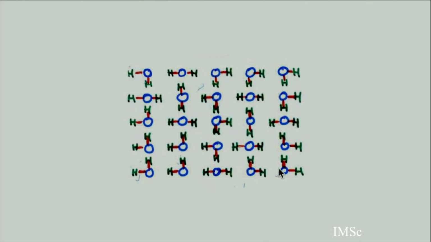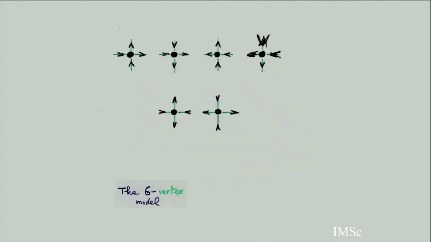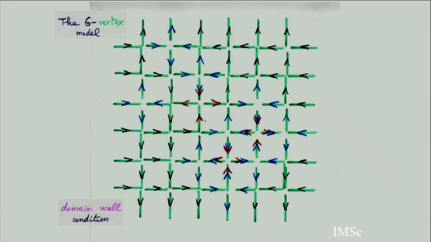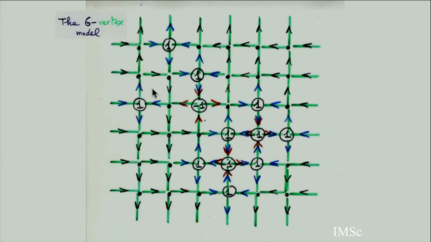And let's see the relation with alternating sign matrices. Because the 6 vertex model is related to the configurations of the alternating sign matrices, where we have 0 and 0 here. So the 6 vertex model should be in bijection with alternating sign matrices. So this is a possible configuration of this model, and here is a corresponding alternating sign matrix.